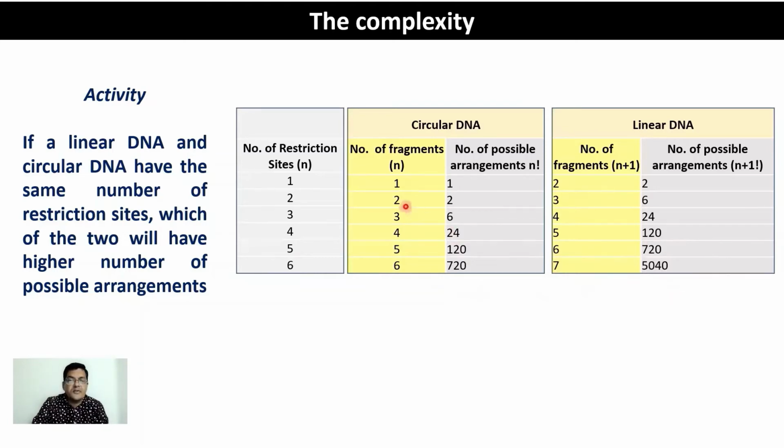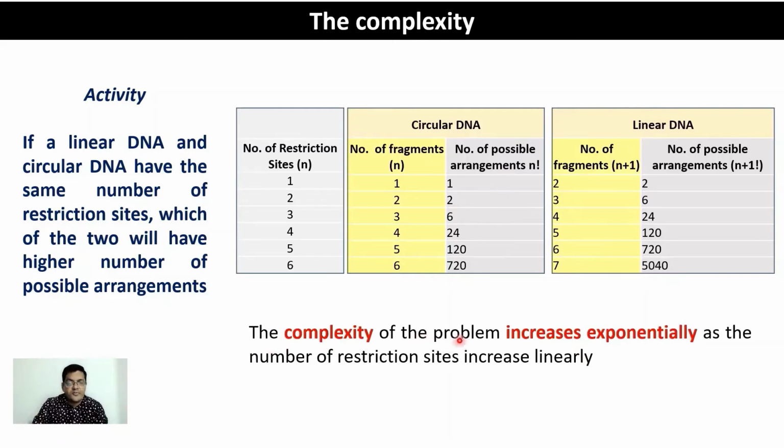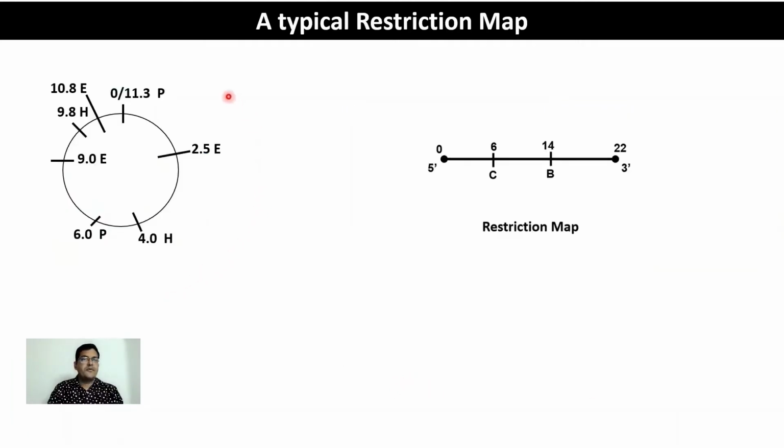So if you look at this very clearly, with a linear increase in the number of restriction sites, the number of possible arrangements increases exponentially, both for circular DNA as well as for linear DNA. So the take-home message here is that the complexity of the problem increases exponentially as the number of restriction sites increases linearly, right? So here I show you the sample restriction map for circular DNA, and